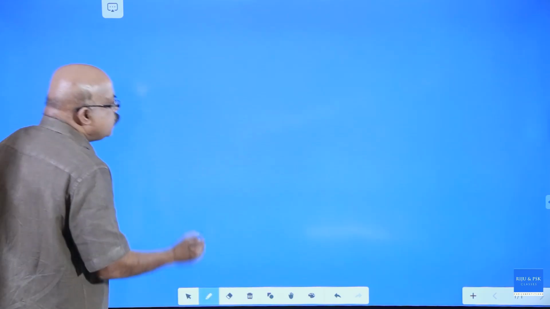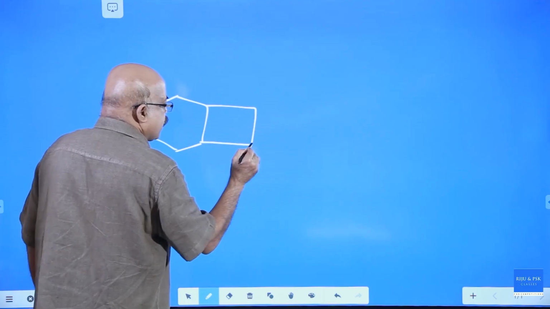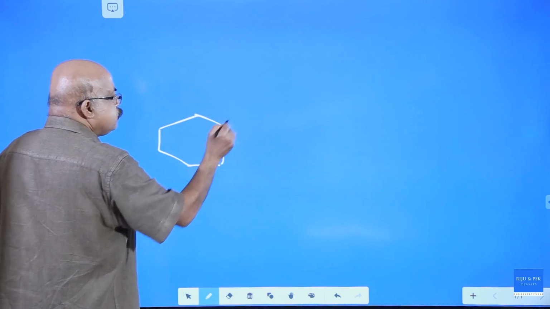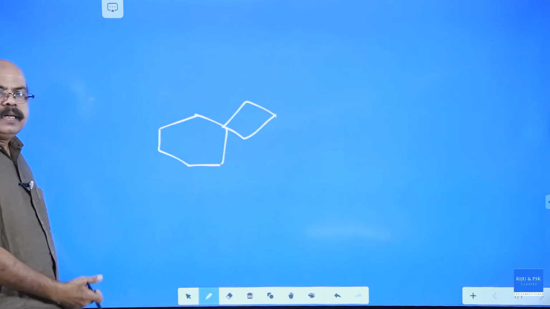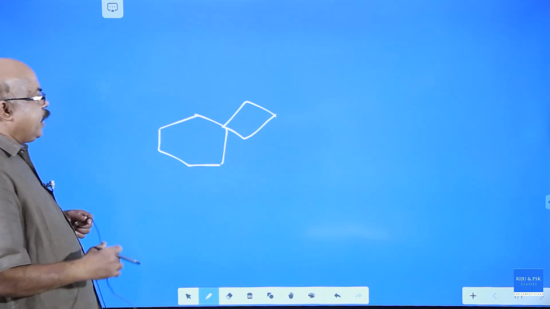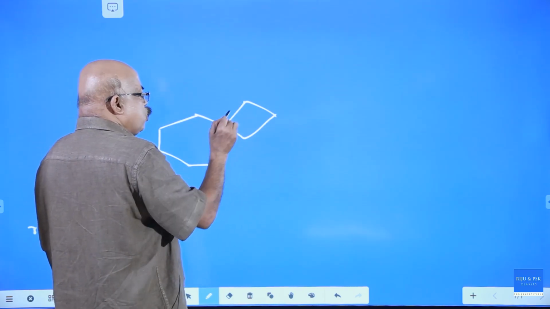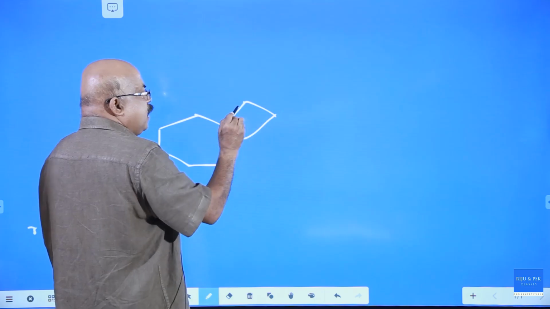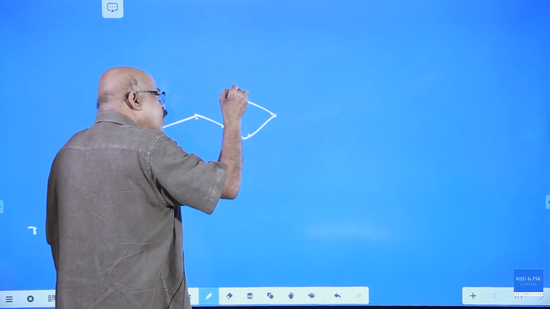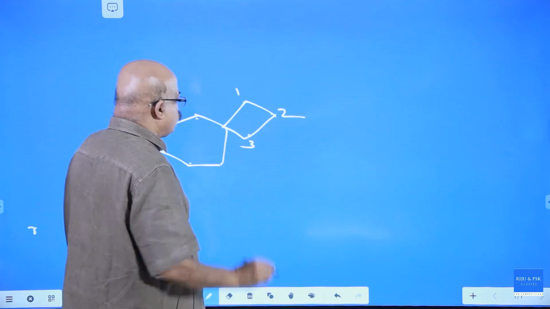Right? This is a 6 carbon chain, and a 4 carbon chain. It is a spiro molecule. While naming a spiro molecule, start numbering from the carbon adjacent to the quaternary carbon atom of the smaller ring. This is a 3 carbon bridge, and a 5 carbon bridge. Start numbering from this smaller bridge carbon chain: 1, 2, 3, then 4.